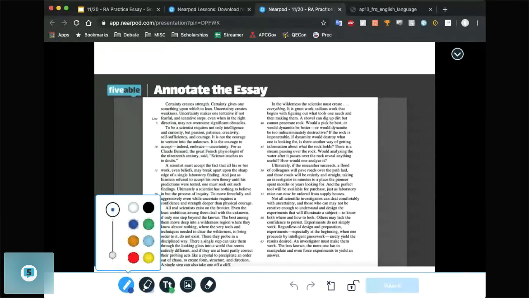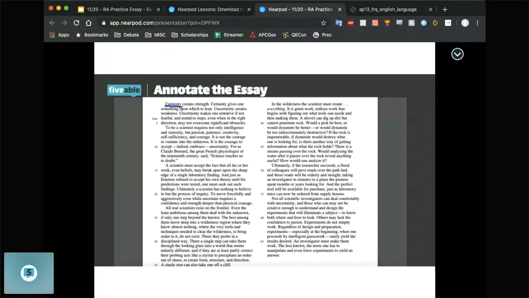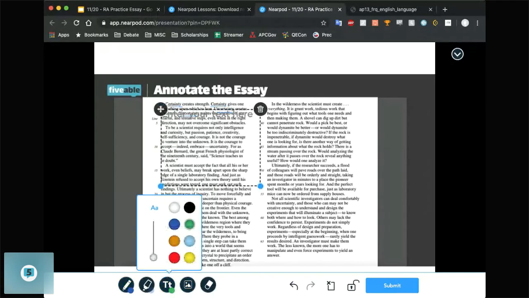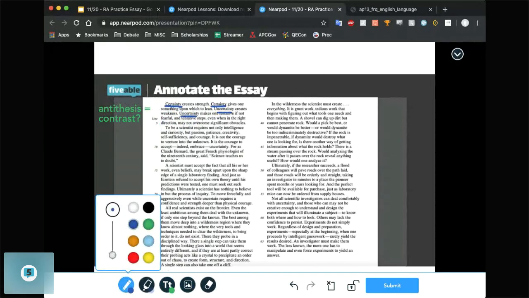I'll annotate it myself really quickly. As you can see here, it's a little bit more difficult than when you're just doing paper or something like that. But you can still work with it. So for instance,